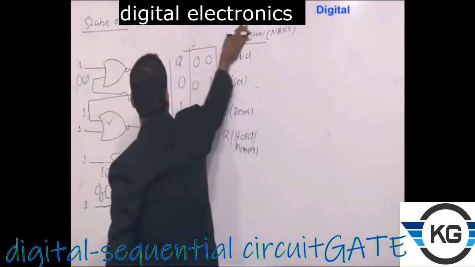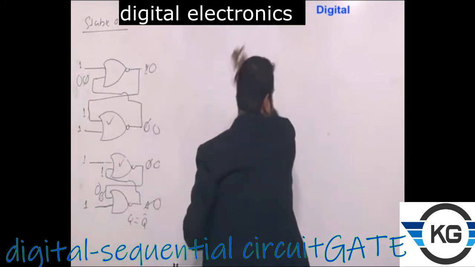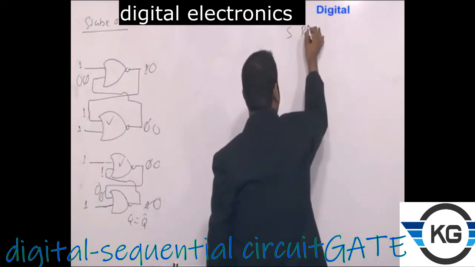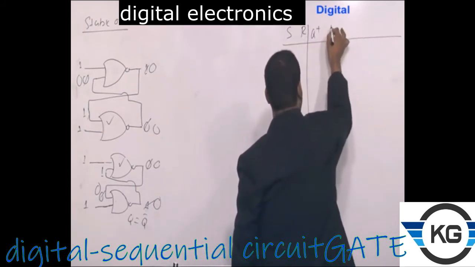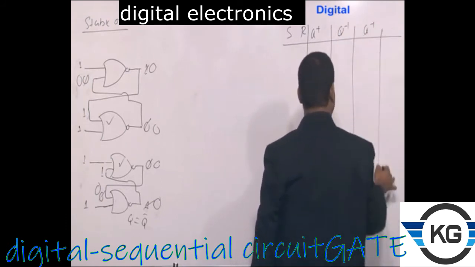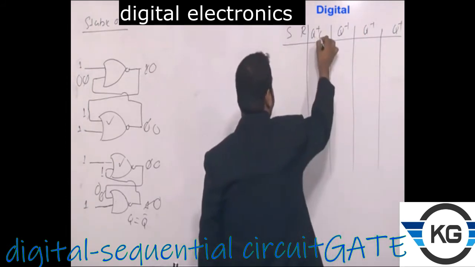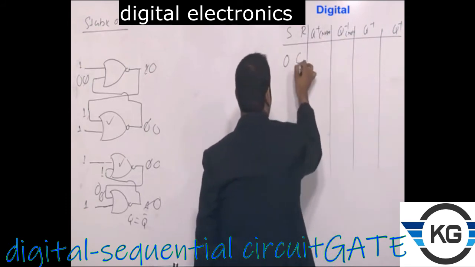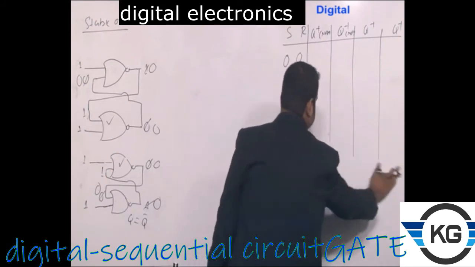So let me erase this and give you a fresh table, because this is the table we are going to use throughout this chapter. So let me write it here. SR, and you can do a comparison here. So here this is Q plus, this is also Q plus. Here also this will be Q plus and Q plus. I am leaving some space to be filled up a moment later. Now this is with respect to NAND, this is with respect to NOR. There are 4 possibilities like this.